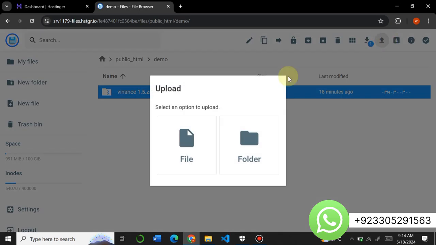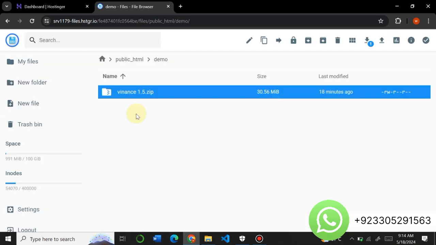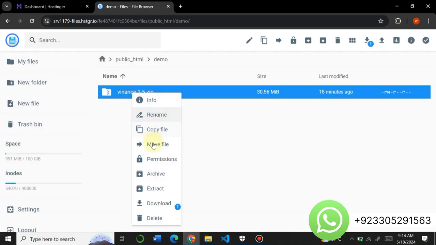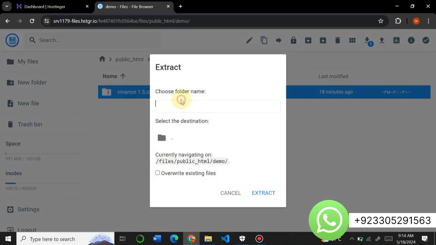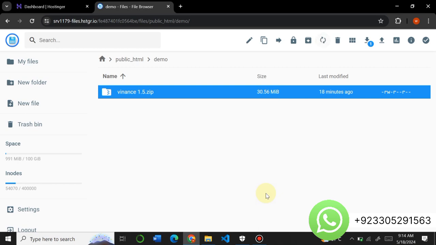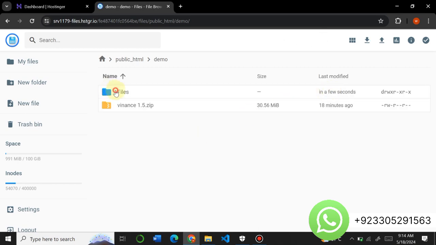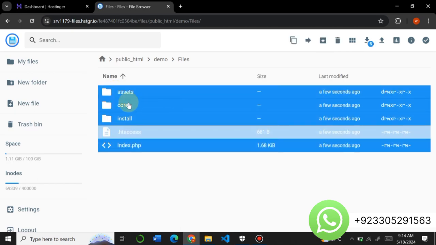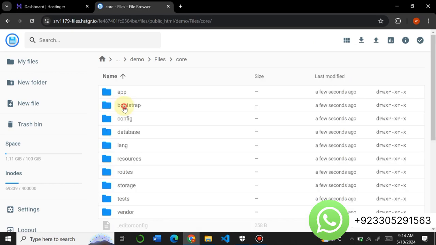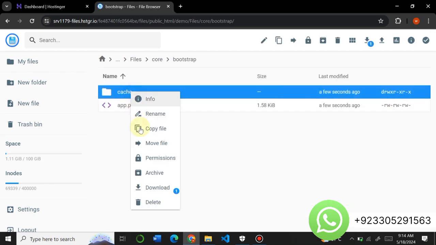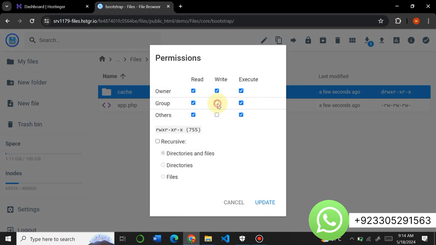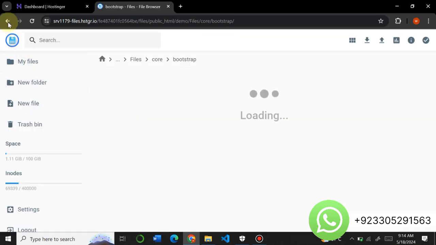Here you have to upload this file, and I already uploaded it. Now just click on it. After uploading, just go to extract, and I will extract this file into my subdomain. So it is extracting our file. Here you have to go to this files folder and select all of them, but before selecting them we have to give permissions in core. So I'm going to bootstrap, go to cache,